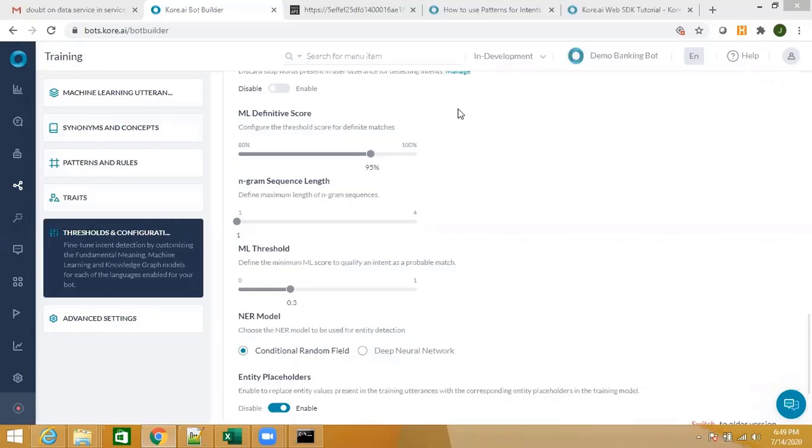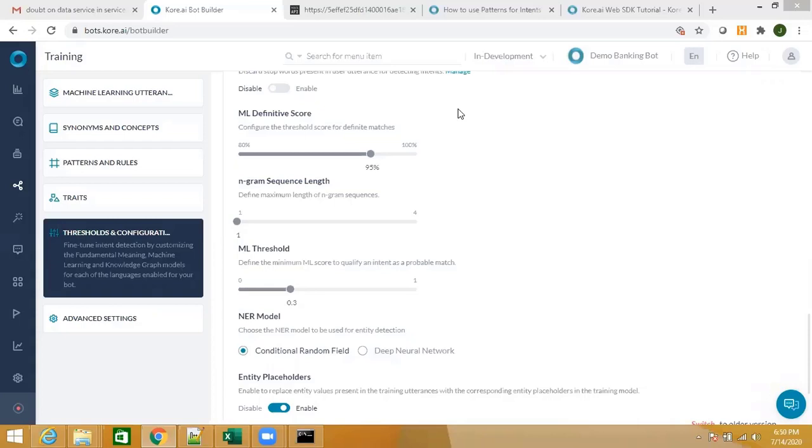So the best thing to do before you deploy a bot to the end user is to test the performance of the bot, to see with the training that has been provided how well the bot can identify intents or FAQs. Only when the test output shows that the training has been done quite well can you deploy that particular bot.